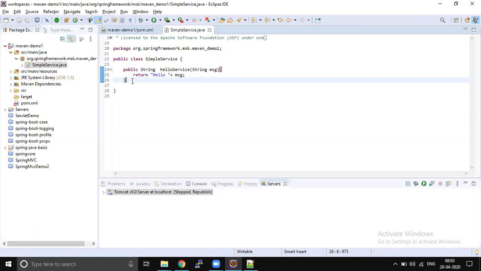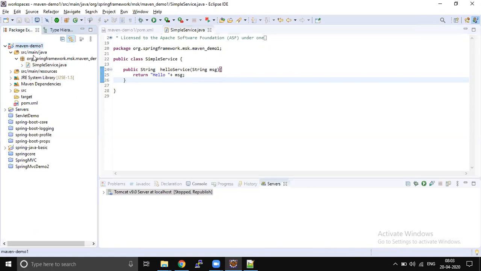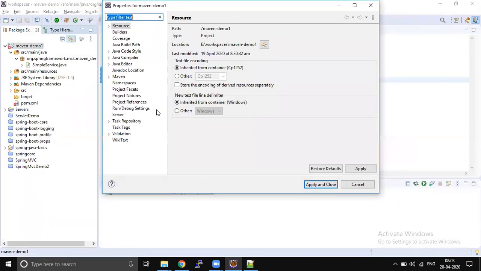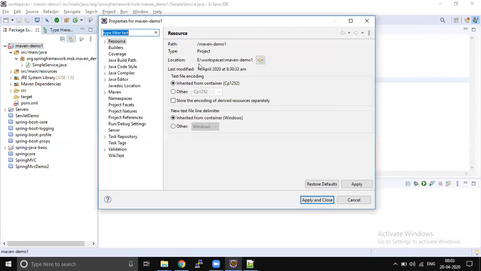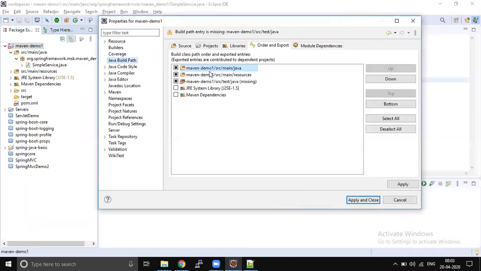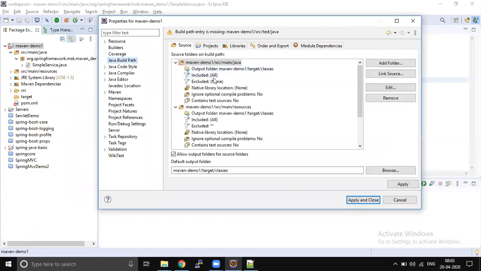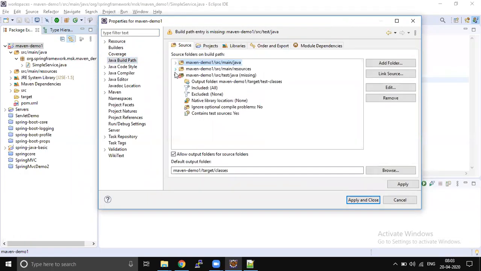Sometimes we may use a different version of Eclipse, and Eclipse may not update. For example, it won't have src/main/resources, or sometimes it won't have src/test/resources.